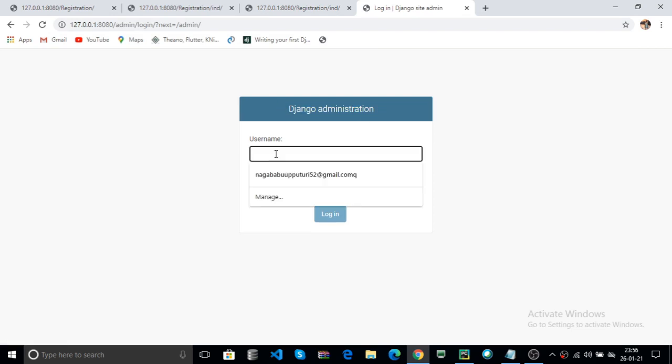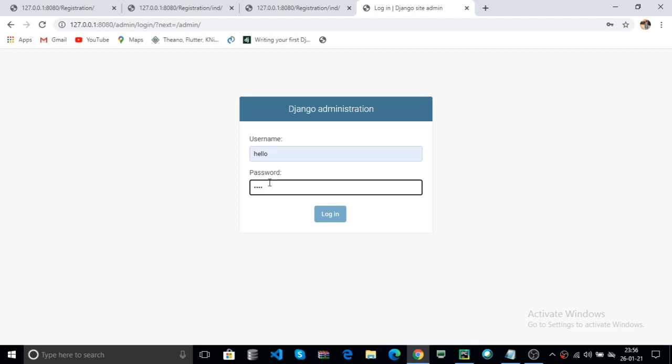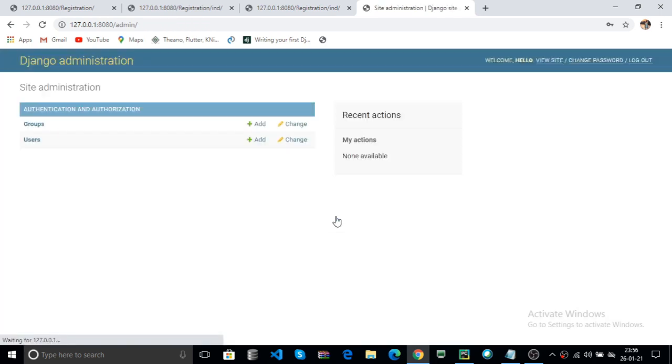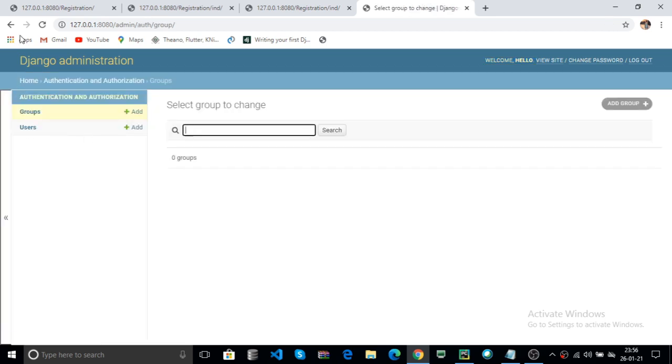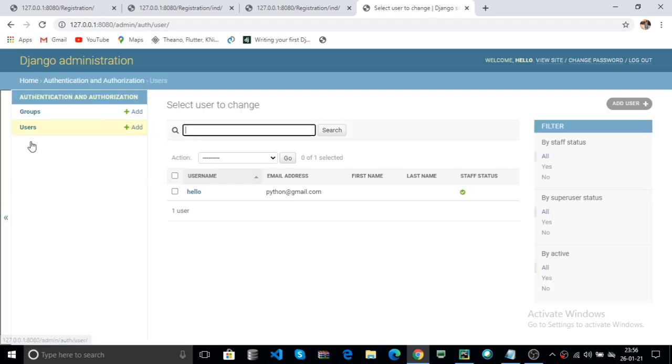Now here you can enter your username, for example hello, and the password you created in the user prompt. Now login. After login, welcome with your name, visit site, you can change your password, and you can log out also. Here Django provides the default site authentication, that is groups or users.